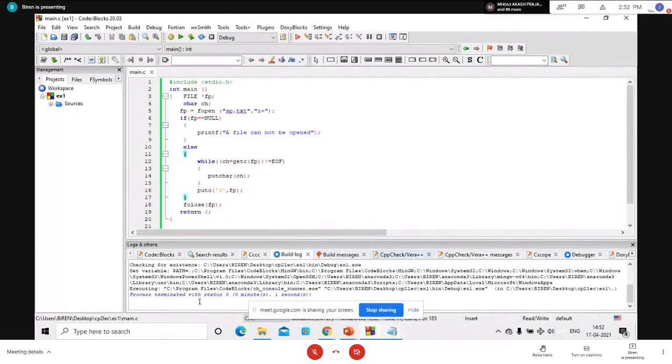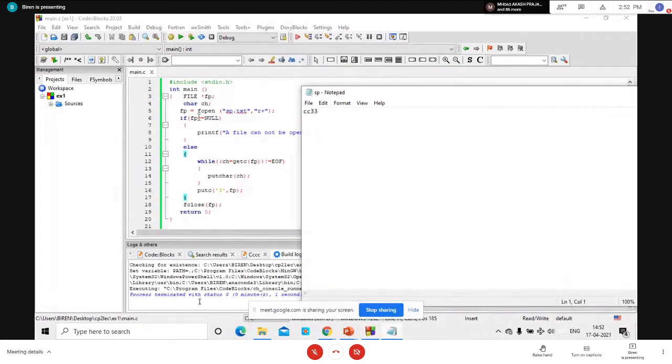I'm going to read. If fopen can open this file successfully, then I'm going to read one character. The first character is c. C is not equal to EOF, so in that case the compiler will print c on your output screen. Similarly you can observe cc33 on your output screen.